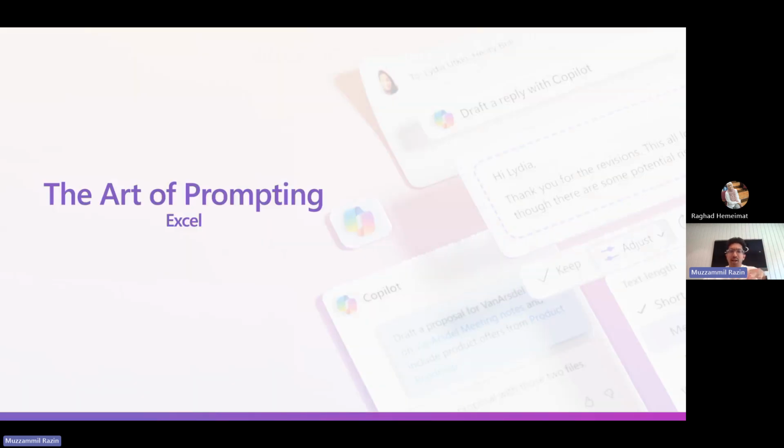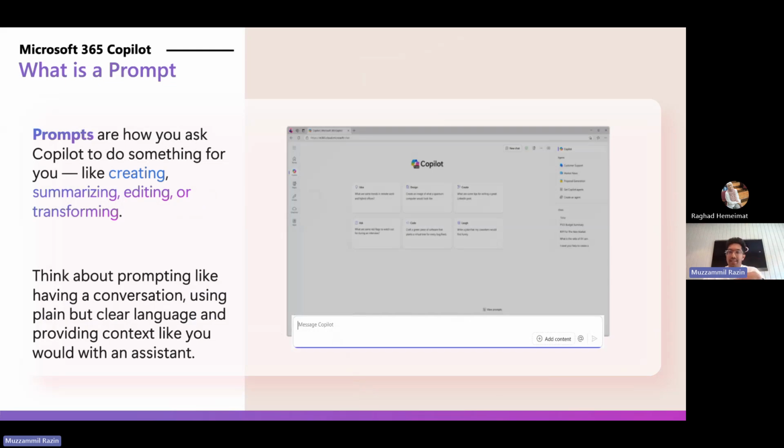And let's quickly look at how you can prompt your Copilot within Excel. We had a lot of questions in the last few sessions about prompting, how you can prompt with Copilot. For every app you use, there is a structure in which you have to prompt your Copilot so that your Copilot will be able to understand your use case better. It will be able to understand your requirements and needs in a better way, and then give you the appropriate